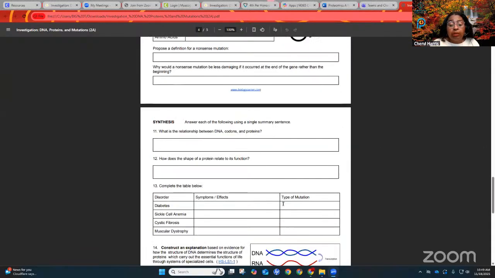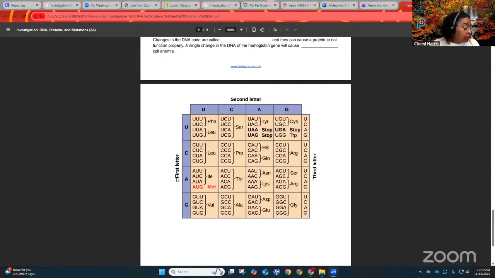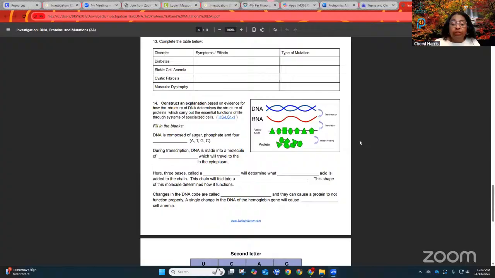And I'm going to run down here to the chart. So I start with A, which is this one right in the third row, and U up here is the second letter. So that's going to be third row, first column. AUC is right here in the middle, and it's one of three different ways that you can write isoleucine, I-L-E. So I-L-E is going to go in your box for amino acid. Okay. All right. Now I'm not going to keep running back down here to the chart, but